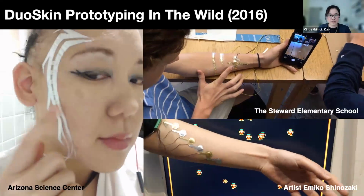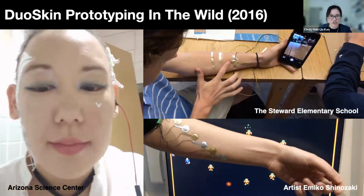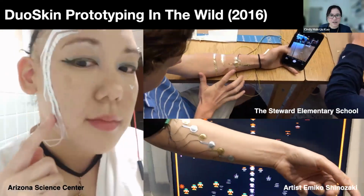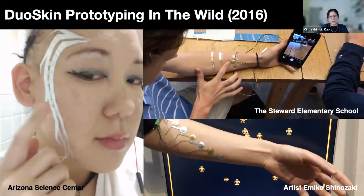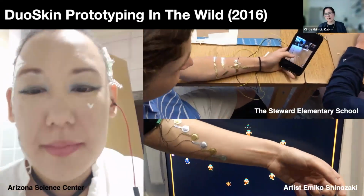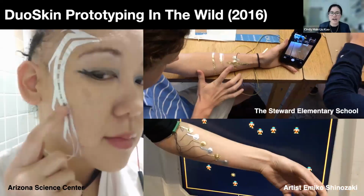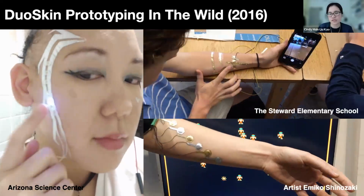So we were really thrilled and excited to see this. And you can see on the top right, this is actually a student from the Stewart Elementary School who created an on-skin selfie button, which I think is very useful, using DuoSkin. And so I talked to some of these people who use the DuoSkin product